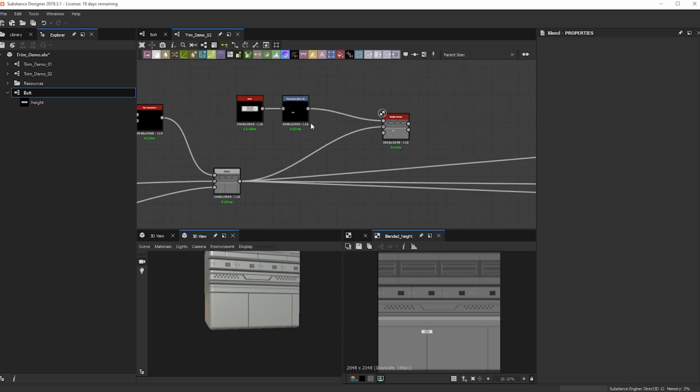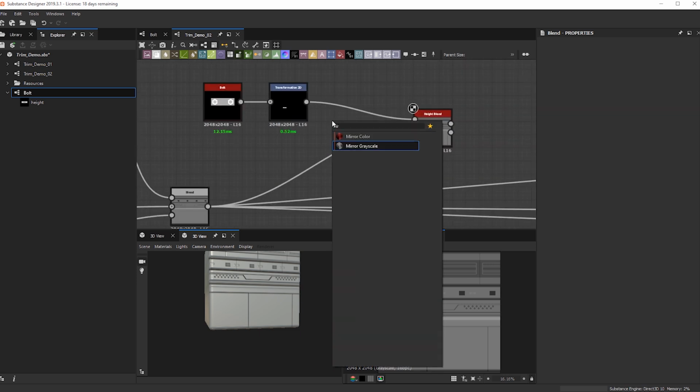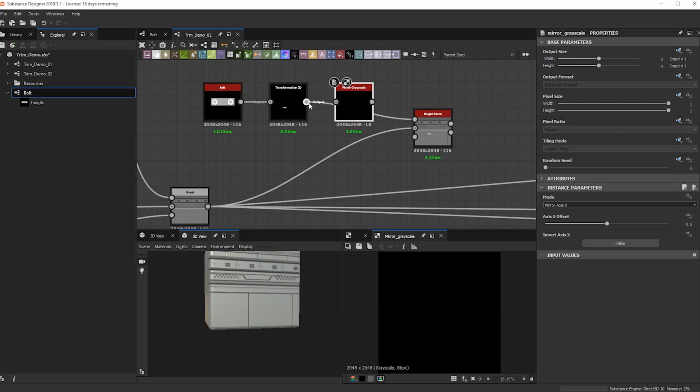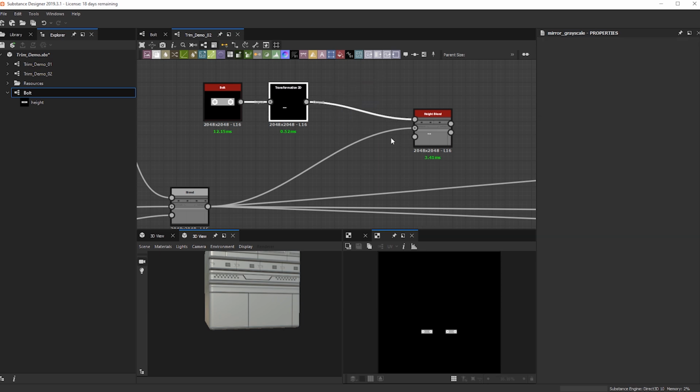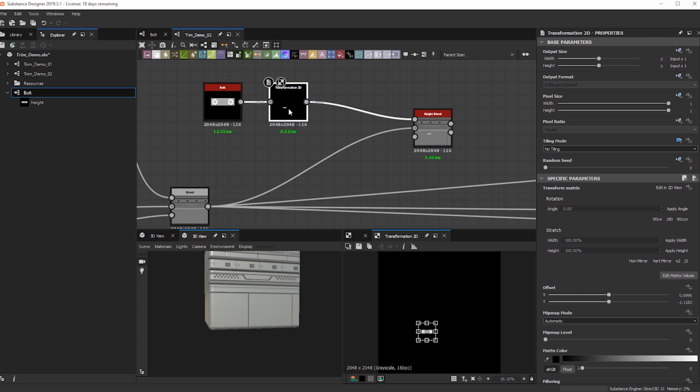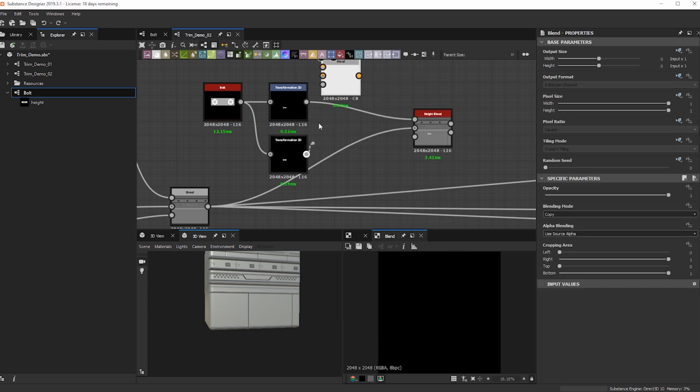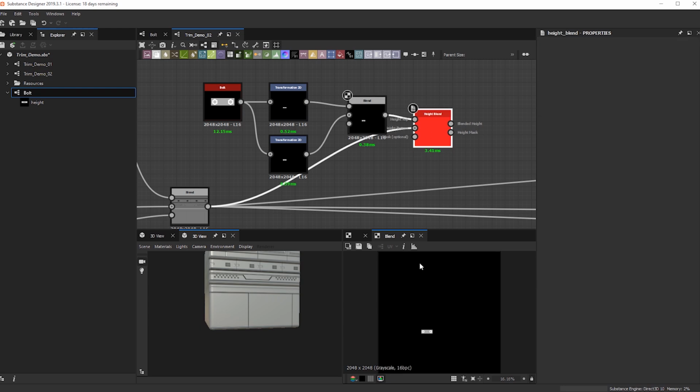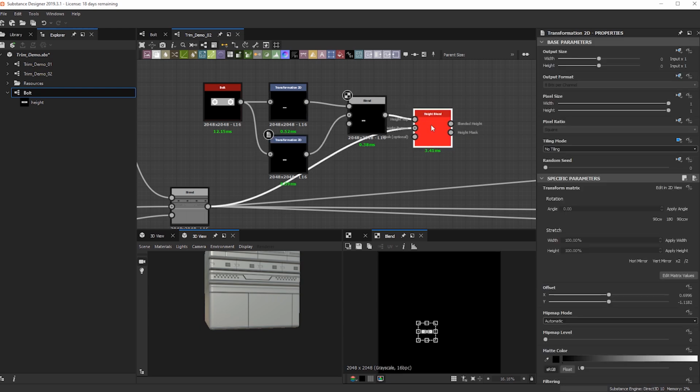Let's see what a mirror grayscale does and see if it gives us what I'm looking for. It doesn't give me what I'm looking for, so I'm just going to have to manually place these guys. So just do a blend here, and a blend here, and then I'm going to move these guys into place.